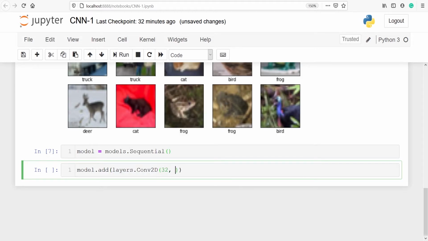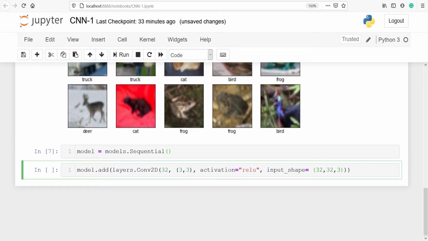32, and it will be 3 by 3. We will use the activation ReLU, and the input shape will be 32 by 32 by 3.